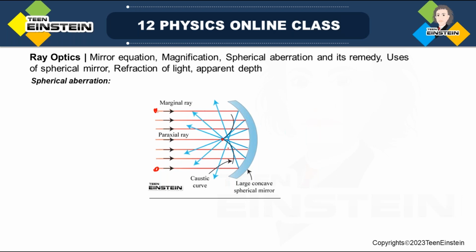That means all the rays are not converged by this mirror at the same point. So this inability of a spherical mirror of large aperture